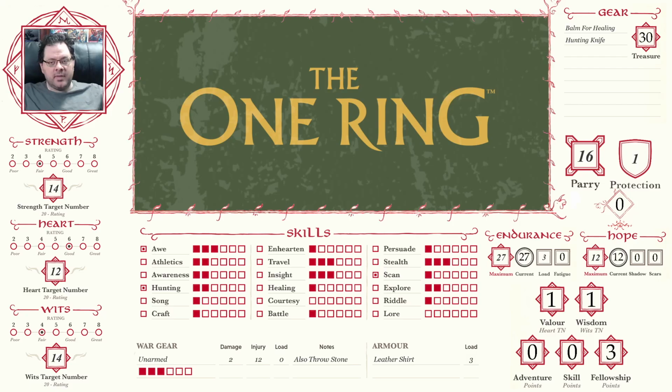As you can see below my portrait, we have my three stats. We have strength, heart, and wits. I have all my skills and whether or not they are favored or not. I've got the one weapon that I will be using through this entire character until I find a way to kill them off, which may happen in episode 1. We don't know yet. It is my unarmed, and you can see I have 3 ranks in that, and there's my shirt, and then up in the upper right I have the treasure that I may possibly be getting,